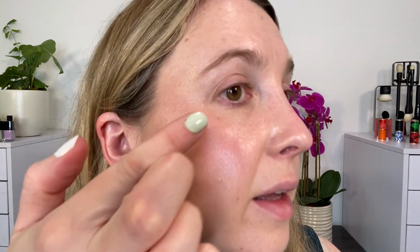So there's the blush. I mean, this formula is just incredible. It's smooth, it's creamy, easy to use, lasts for me pretty much all day, and it's just stunning. And you can get the sheen and shine without glitter. I'm just gonna use my fingers with the highlight and just tap a little bit of this on here. Really very beautiful. We'll probably use this in the inner corner of my eyes as well, but let's move on